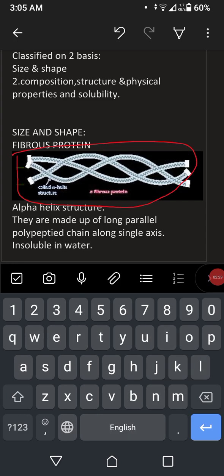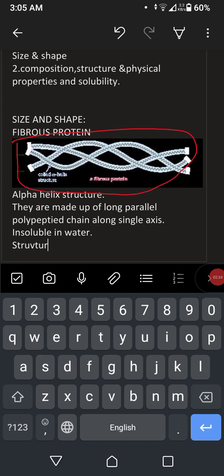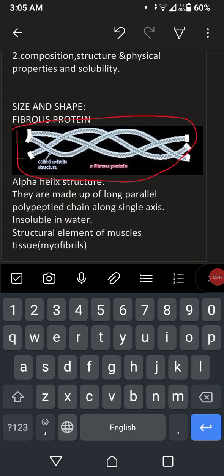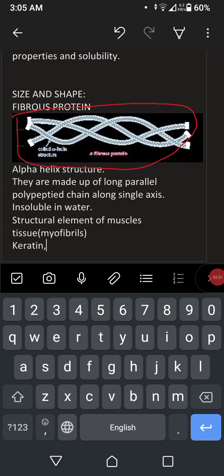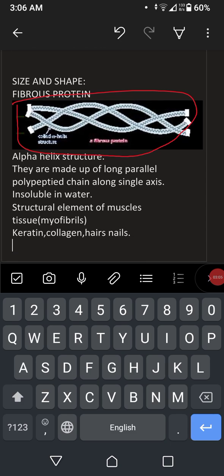Then it is soluble in water, and it is the structural element of muscle tissue, myofibrils. The examples of fibrous proteins are keratin, collagen, hairs, and nails. These are found in our hairs and our nails, keratin and collagen, and